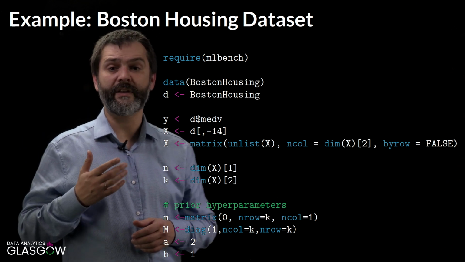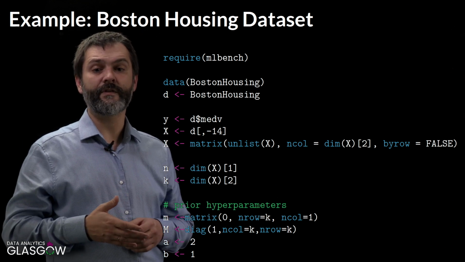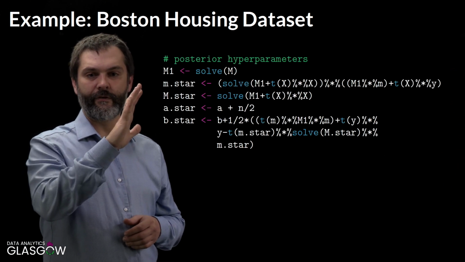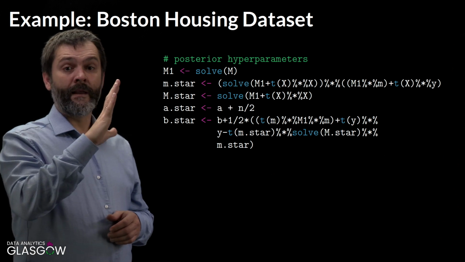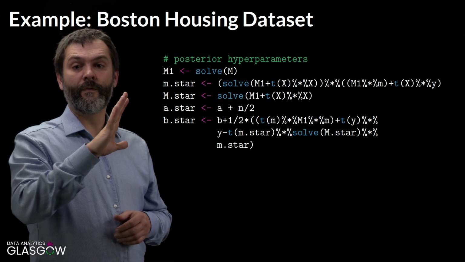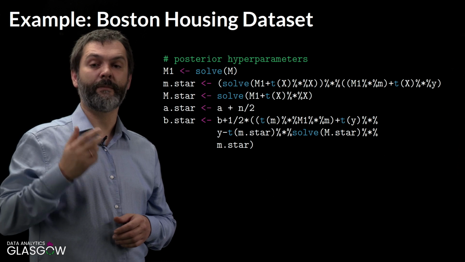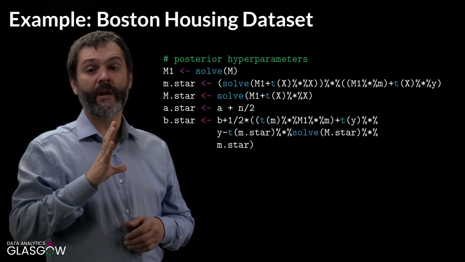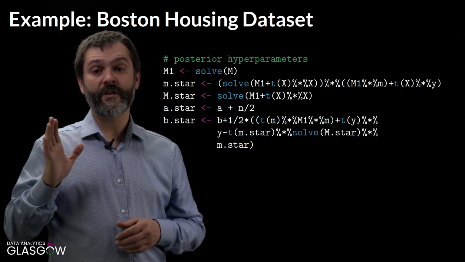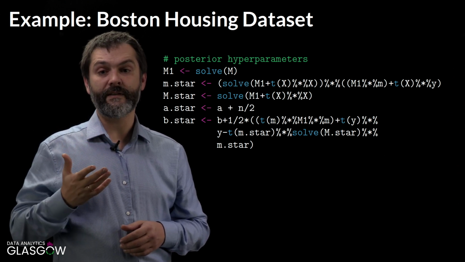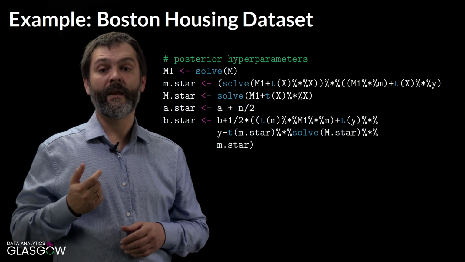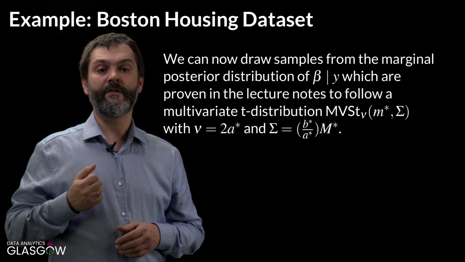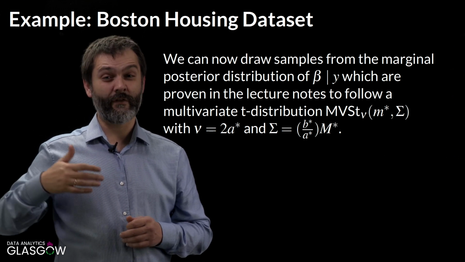Now, from our conjugate update, we can find the values of m star, a star, b star a posteriori. So, this is solving of those equations for the conjugate update of prior parameters. Having this, we can now produce marginal posterior distributions of different betas, of sigma square, and so on. In your lecture notes, you will find that the marginal posterior distribution for betas, if you integrate all the other